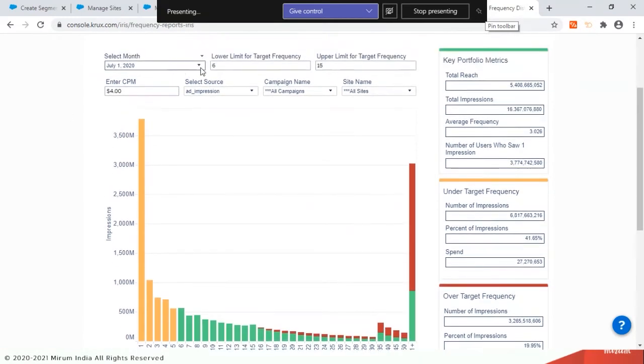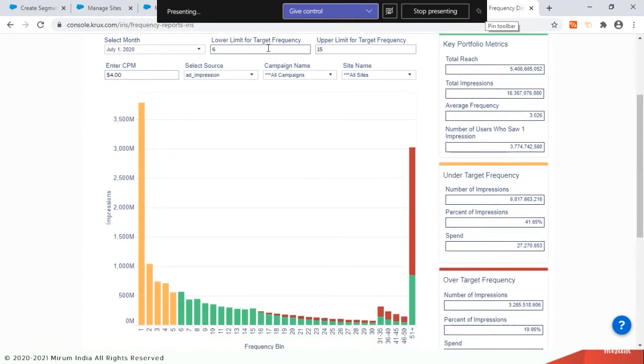So I can choose a month, and this particular exercise is better done on a month-on-month basis. So I'm looking at July month's campaign, right? And I say that any ad which is shown less than 6 times in a month's duration, I would say would be underserved, right?